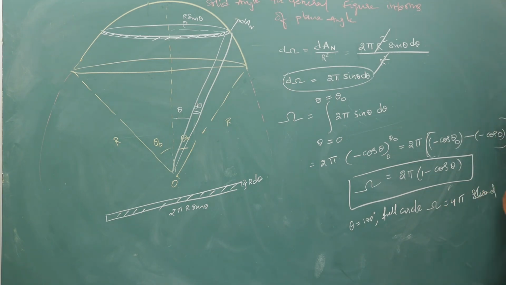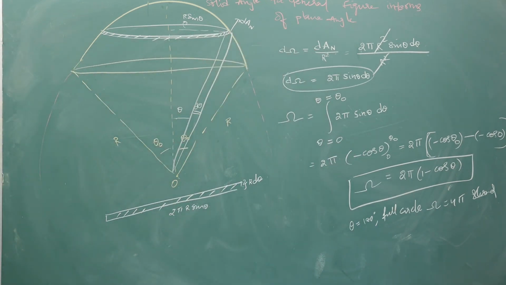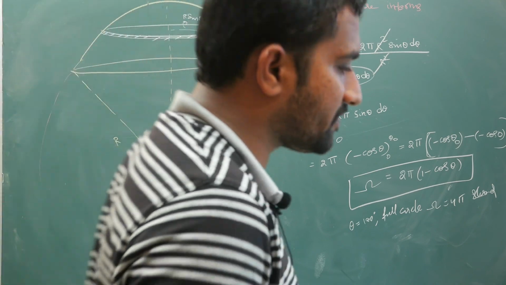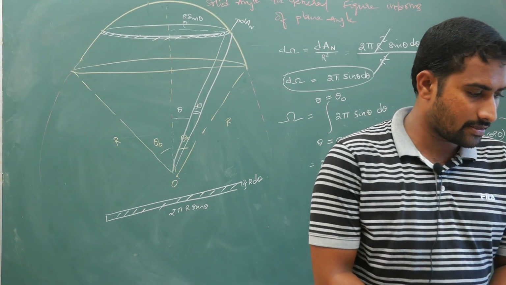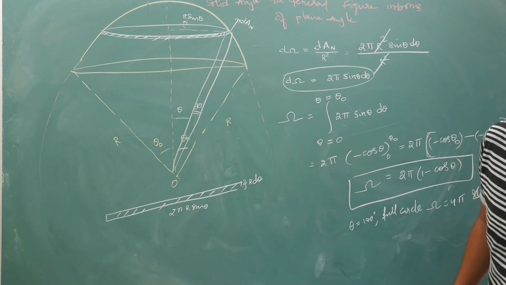Now we have got the solid angle. Once the solid angle is known, we can calculate our electric flux easily using this solid angle idea. You give any figure, I will just simply do and calculate the flux because of that particular surface so easily. So keep this point in mind. I will show you an application of this.